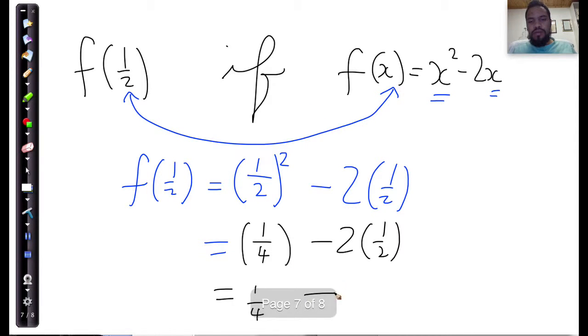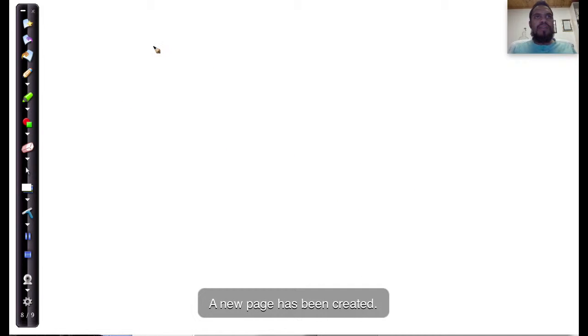So that's 1/4 minus 1, which is equal to negative 3/4 remaining. Okay, let's look at another example quickly. Find the value of g of 3. Now, what in the world? We just went from f of x. Now we're busy with g of 3. What's going on? Well, I'm saying find the value of g of 3